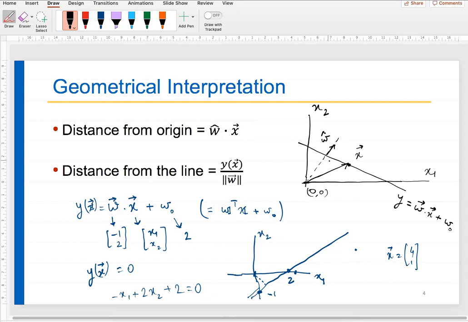So, the distance of the line from the origin is, take any point and you have to find the perpendicular distance. It is just the dot product with the perpendicular vector. So, w hat, which is the unit vector perpendicular to the line, dot x vector, this is the distance from the origin, and the distance of any general point x vector from the line is basically the distance of that point from